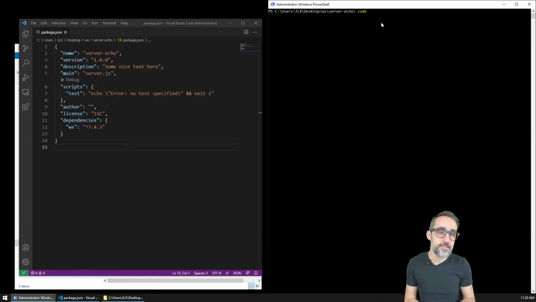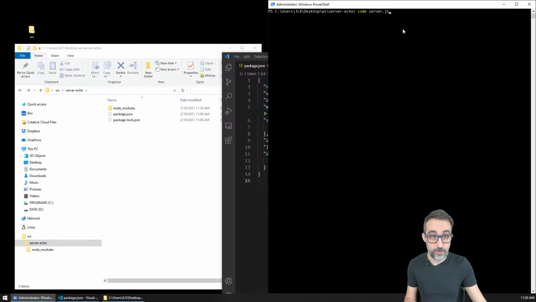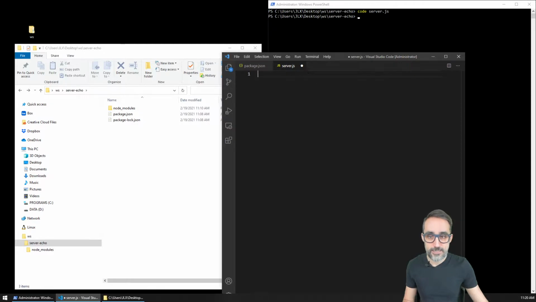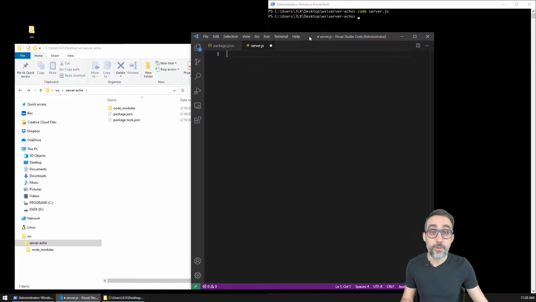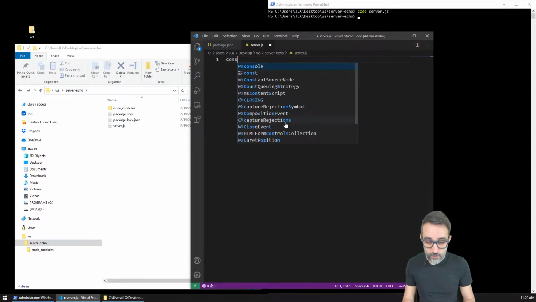From the terminal, you can type code and then, for example, server.js. What that will do is create a new file, in server echo, and call it server.js, all right? And it will open Visual Studio Code right away with that file. So if I save this file now, you can see that this file has been saved to WebSocket server echo, and now I'm ready to start typing